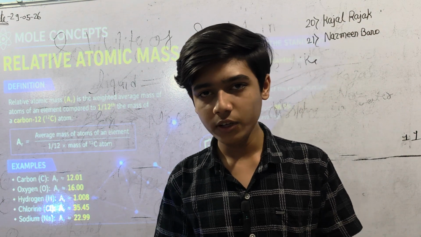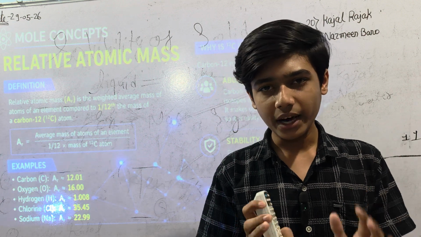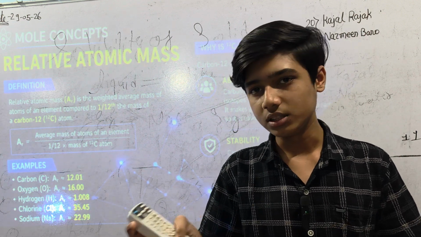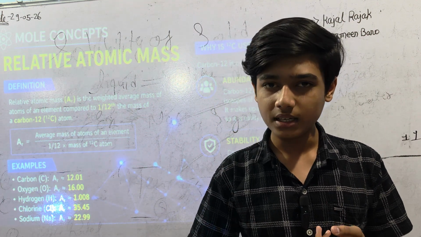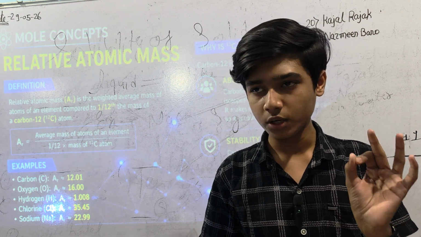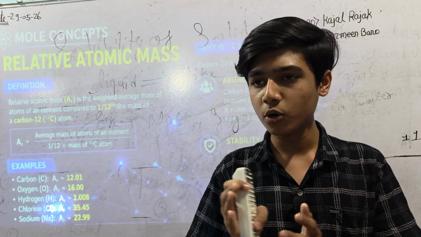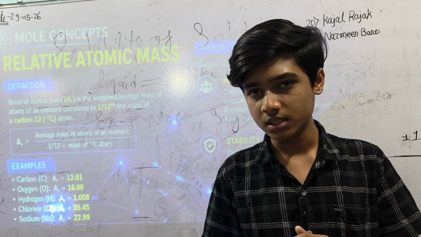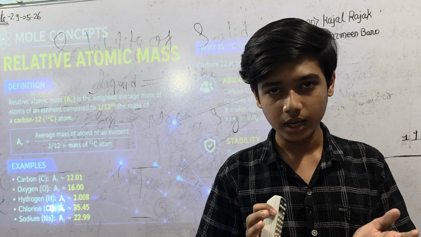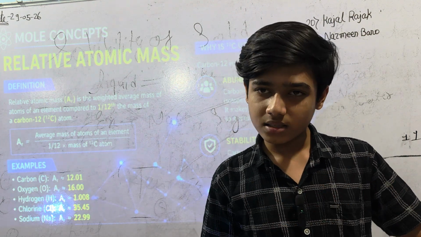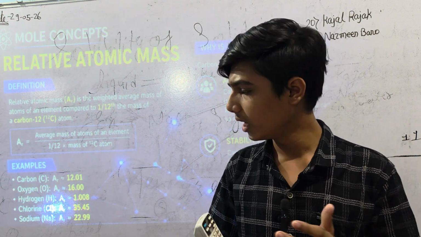Now I would like to tell you why we are using the carbon 12 atom. It is an isotope of carbon, that is carbon 12. There are several kinds of elements, such as oxygen, but why are we stuck with carbon? There are many reasons, but we have to focus on the two major reasons. The first one is all about stability. Carbon is considered the most stable element, and the carbon atom is considered the most stable atom. The second reason is all about abundance. Carbon 12 is found in large amounts. That's why scientists many years ago, before the BCs, took carbon 12 for the relative atomic mass. We can calculate it very simply.